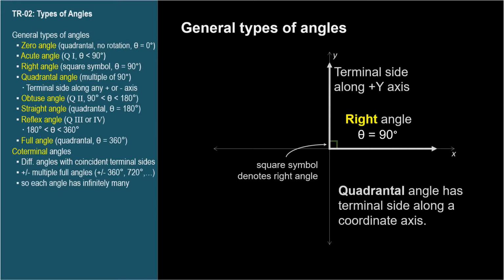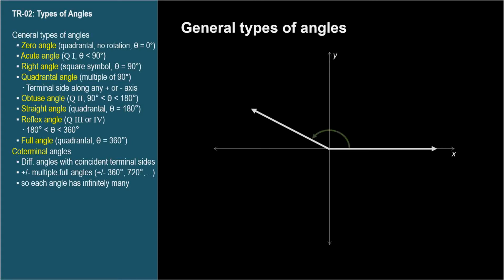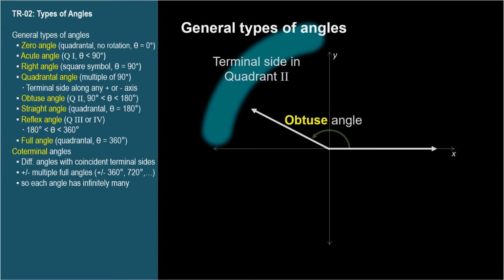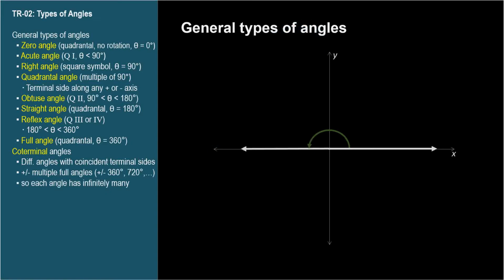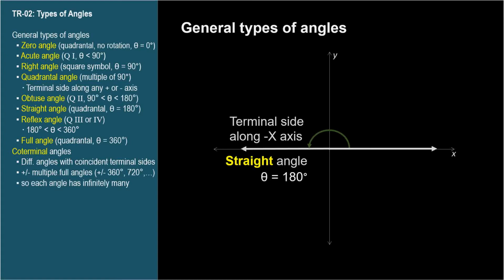A quadrantal angle has its terminal side directly along the x or y axis, which are the boundaries between the quadrants. Angles whose terminal side lies in quadrant 2 and point anywhere in this area are obtuse angles, greater than 90 degrees and less than 180 degrees. An angle with a terminal side along the negative x-axis is called a straight angle, which seems pretty descriptive. It has a measure of 180 degrees and is another example of a quadrantal angle,